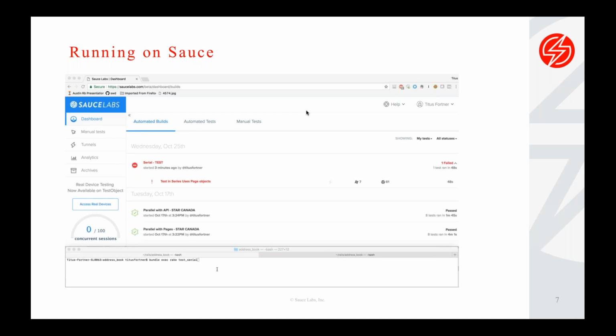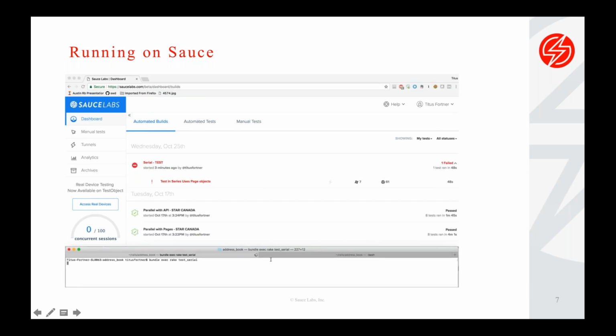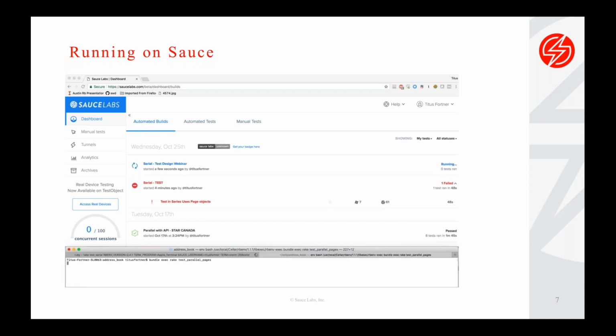So I'm going to show you what this looks like running on Sauce Labs. Essentially, I'm kicking off running what we saw the first time, the serial, the one big test. And then I'm also going to kick off running all of this in parallel. This will take a couple minutes to go, but